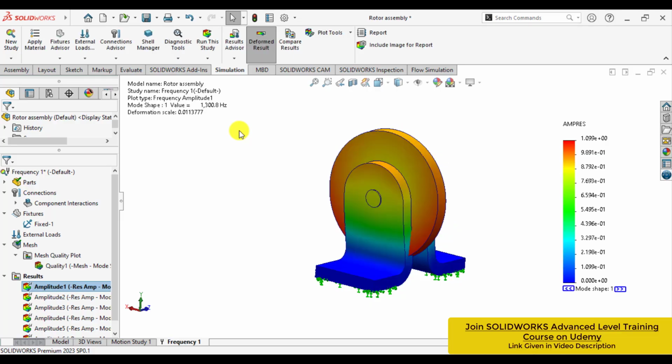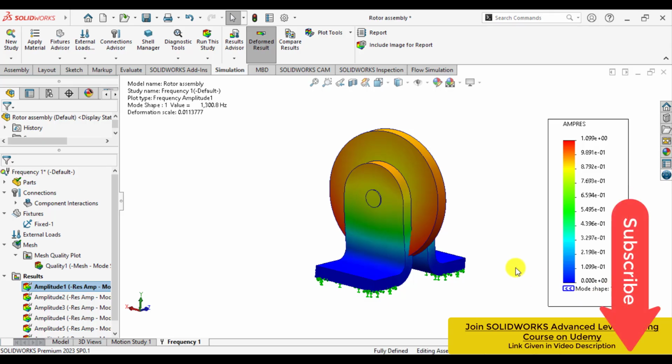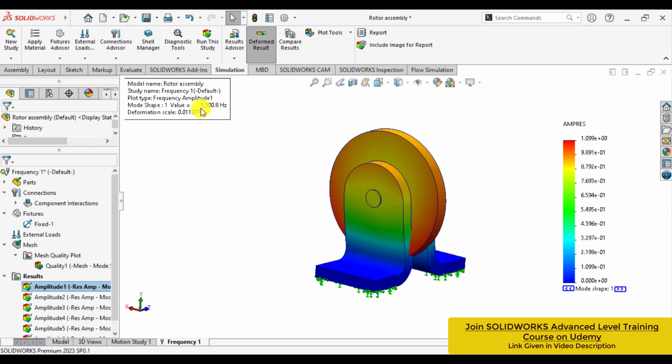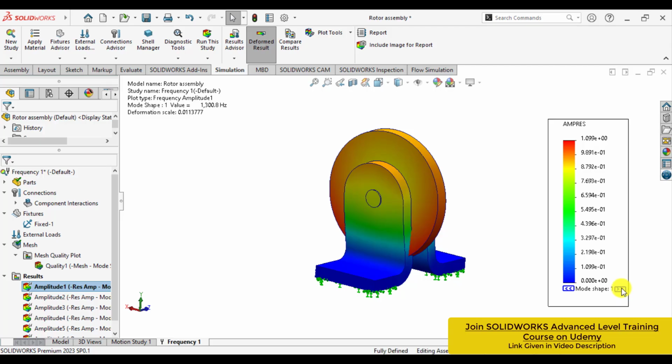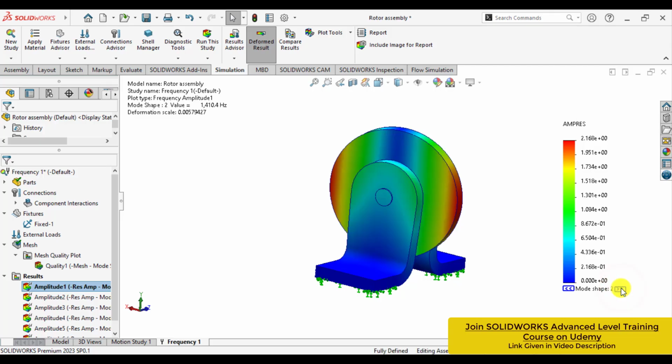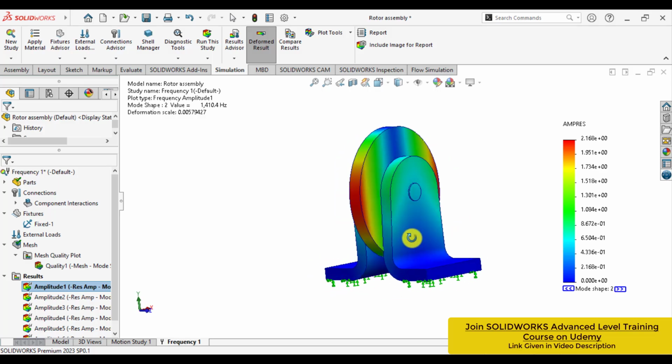So our simulation has been completed now. You can see the results here. This is mode shape 1. You can see this is mode shape 1 and the frequency for this mode shape is 1300.8 Hz. If we click on this arrow, you can see this is mode shape 2,